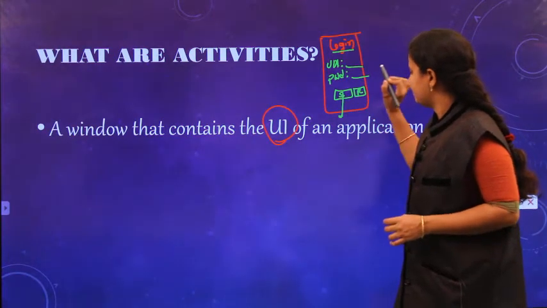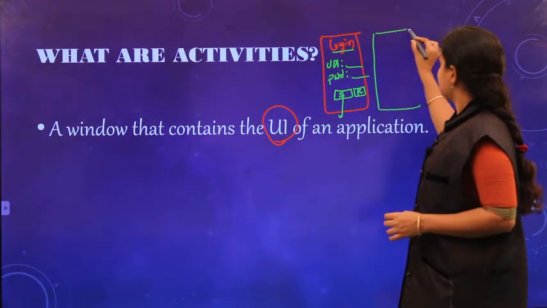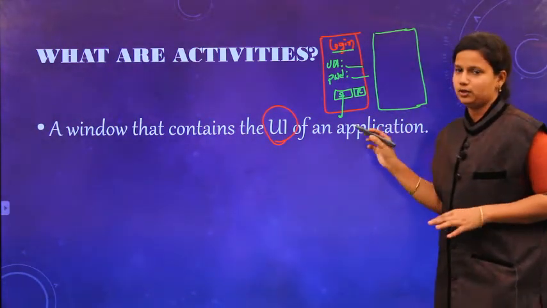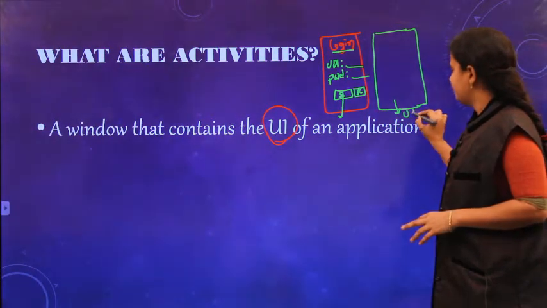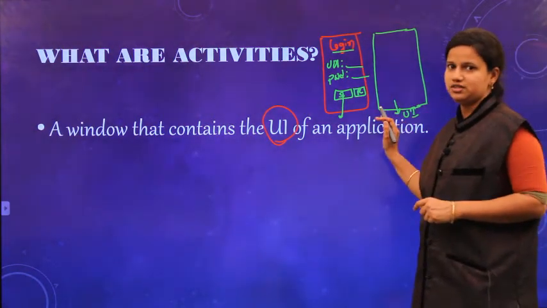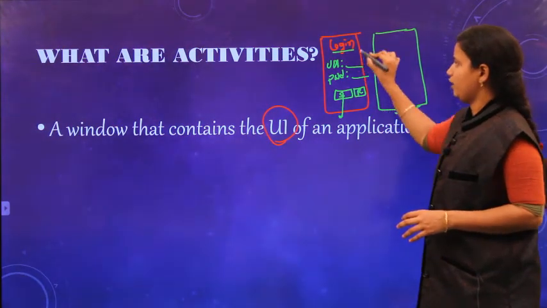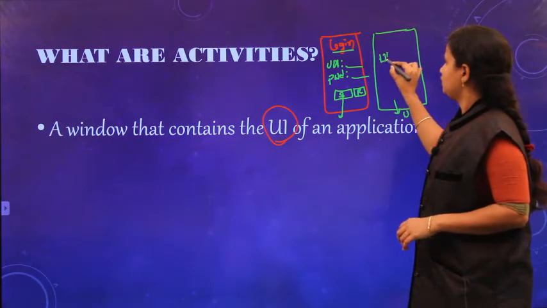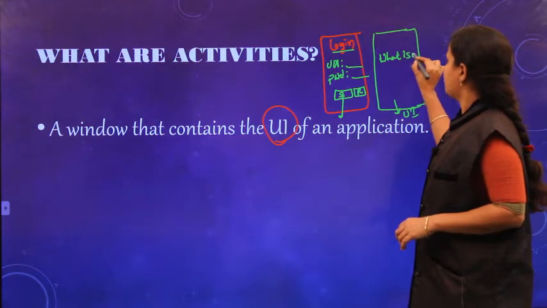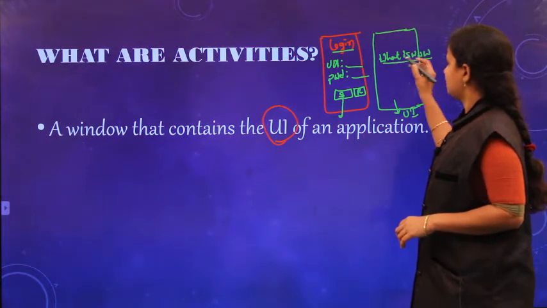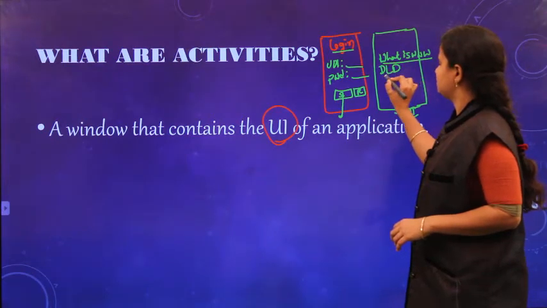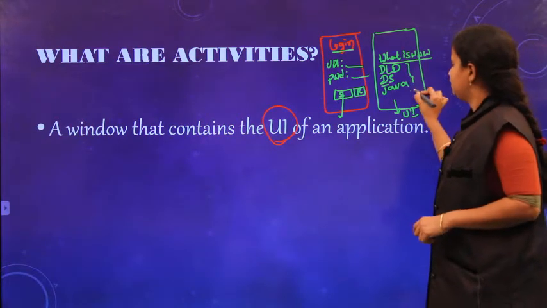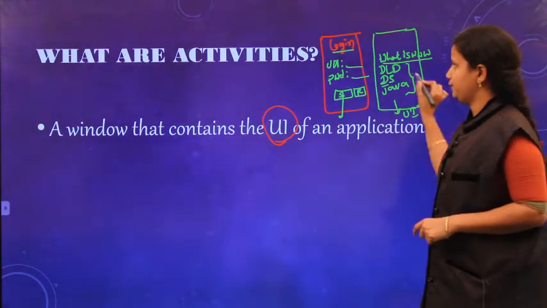After pressing the submit button, it moves on to another window. This window's user interface will be different. After logging into some website, it has a description of what I am searching, www, or otherwise it has a list of subjects: DLD, DS, Java. In this way the user interface is created after logging into some website.